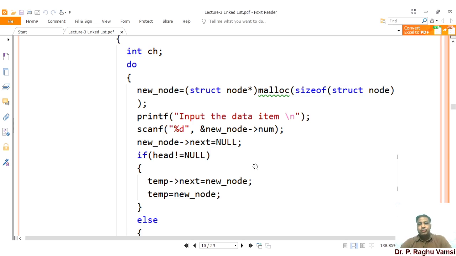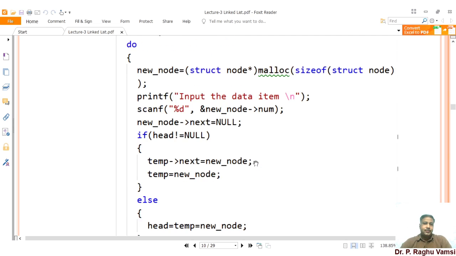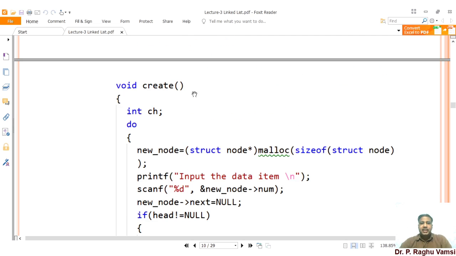Today also I will show you from the beginning how to construct the node, how to create the nodes, and how to do traversal and all other operations. For that, first of all, in creating a node, you have to allocate some memory with the help of memory allocation functions such as malloc, calloc, realloc, and free, of which we are going to mainly use malloc, that is memory allocation, and free operations.